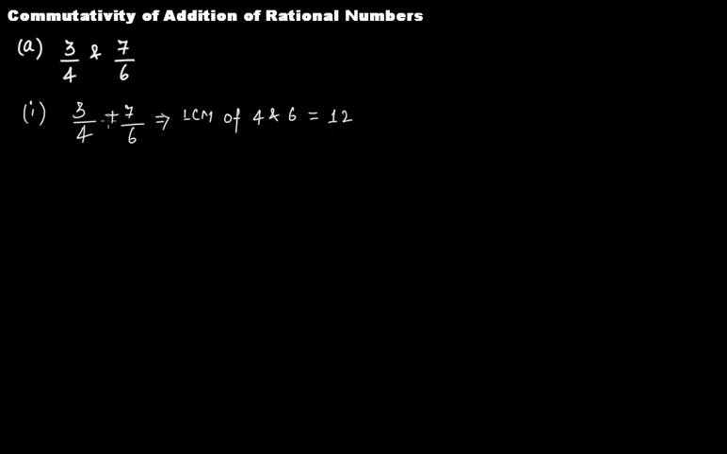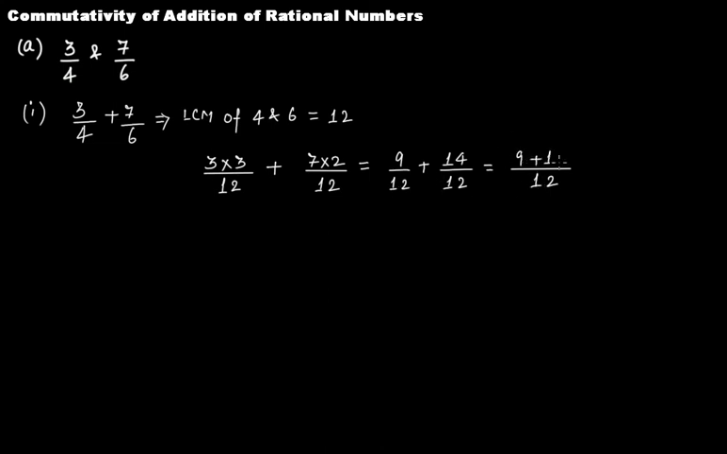So now this is 3 over 12, and this is 3 times 3, then plus 7 over 12, and this becomes 7 times 2. I hope you know how to add two rational numbers. We have discussed all these things in our previous videos. So we get 9/12 plus 14/12. Now we have two like rational numbers, so the denominator is 12, and 9 plus 14